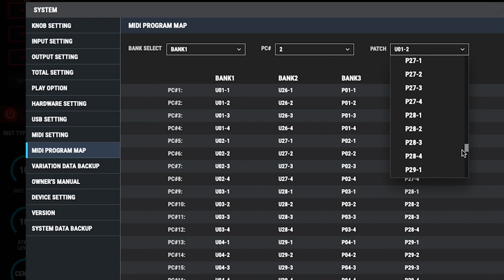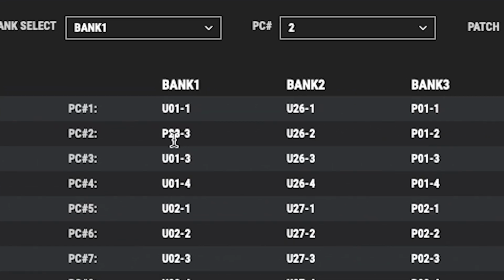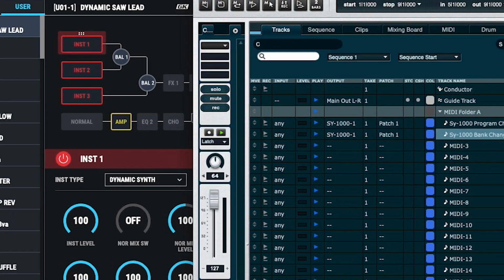So we scroll on down here, 28.3, and it happens that quick. So bank 1, user 1, program change 2 should now give us preset 28.3. So I'm going to hit close, and I'm going to test that out by going back to Digital Performer,